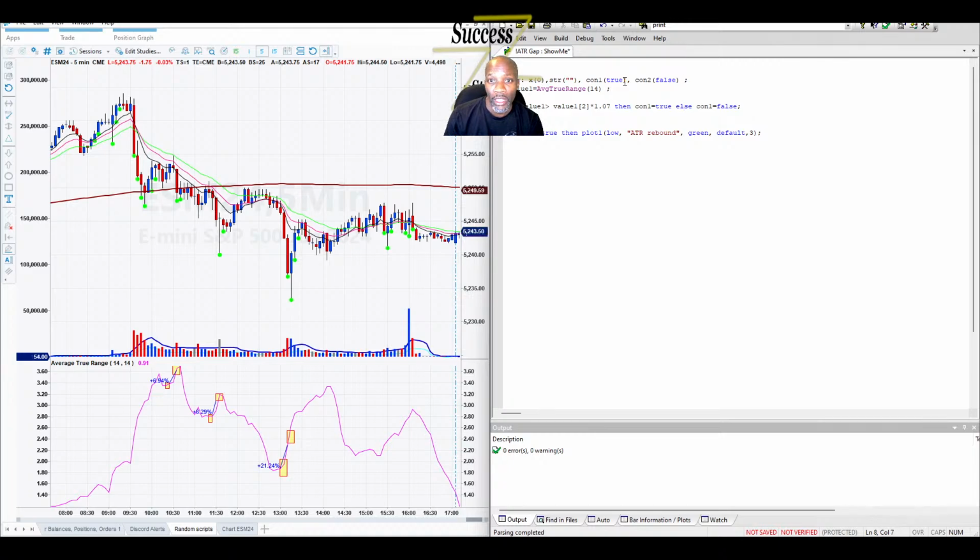I'm going to say if tick volume is less than ticks embargo, then condition 2 equals true, else condition 2 equals false. Make sure we have that 2 there. Verify it. Okay. Now I'm going to say if condition 1 equals true and condition 2 equals true,